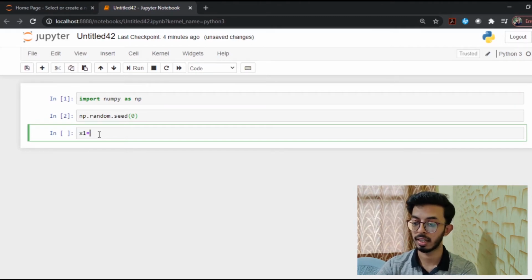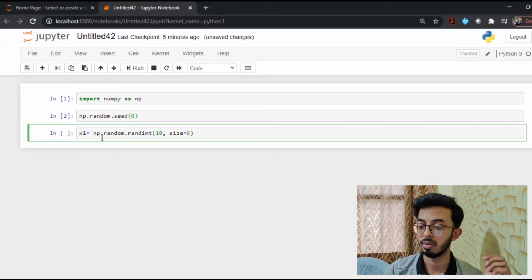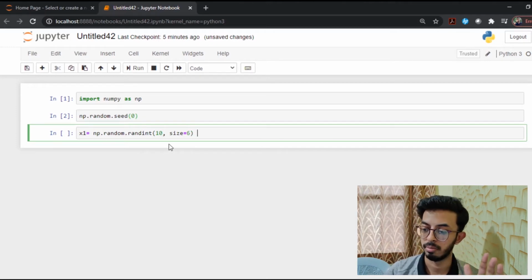Let's create three arrays. x1 is equal to np dot random dot randint, 10, size is equal to 6. So you are creating a one-dimensional array of size 6 with random integers below 10. This is a one-dimensional array.